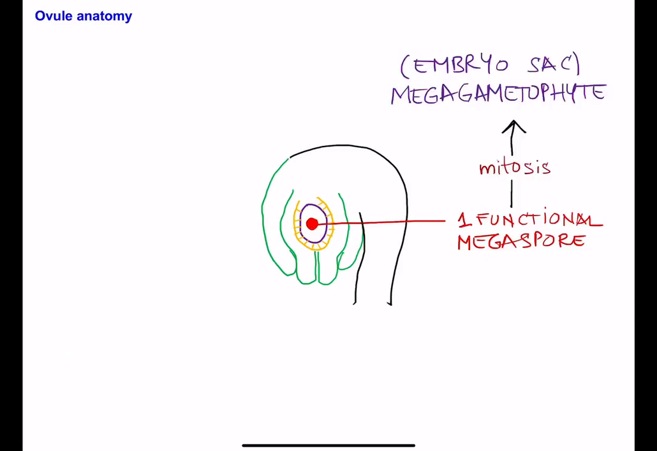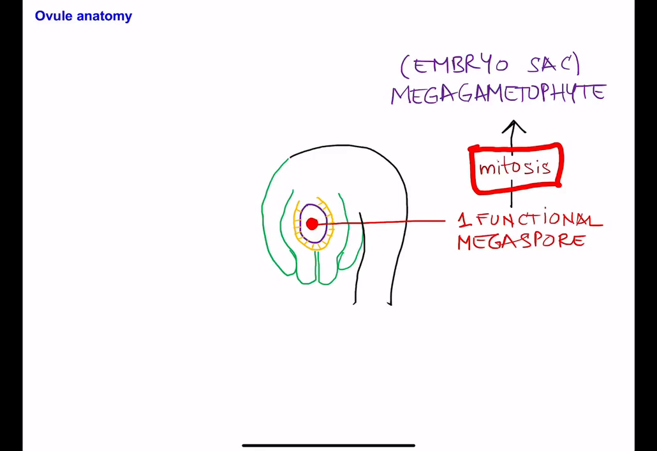That one functional megaspore is going to undergo mitosis, and that's what's going to form the gametophyte. And that's actually the exact sentence I could have said in light of gymnosperms, in light of seed-free vascular plants. The megaspore undergoes mitosis and it forms a megagametophyte. Cool. But in the angiosperms,